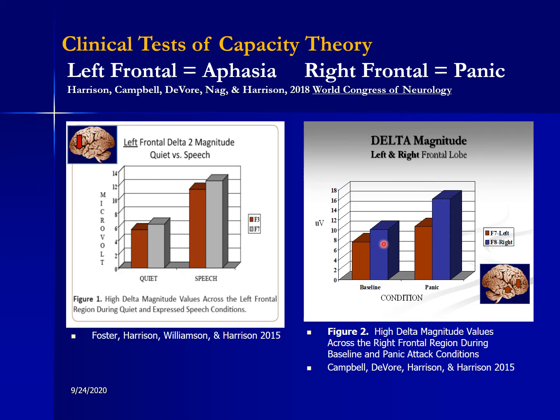But what happens as we go from baseline, a relaxed quiescent state, as she goes into a panic state? Now, the red reflects electrical activity over the left frontal lobe and the blue over the right frontal lobe. And as she goes into a panic attack, both frontal lobes are having difficulty here, but it's primarily almost a doubling of the amount of delta activity over the right frontal lobe. Her right frontal lobe shuts down and leaves the back of her brain unbridled, in a panic state with tachycardia, profuse sweating, glucose mobilization into the bloodstream, cholesterol mobilization into the bloodstream.